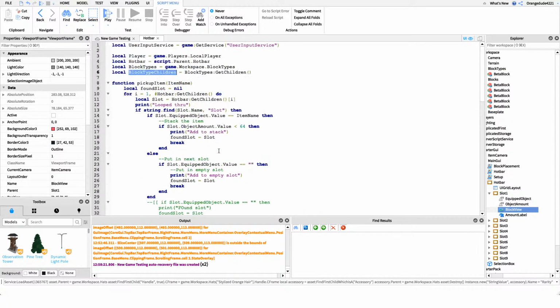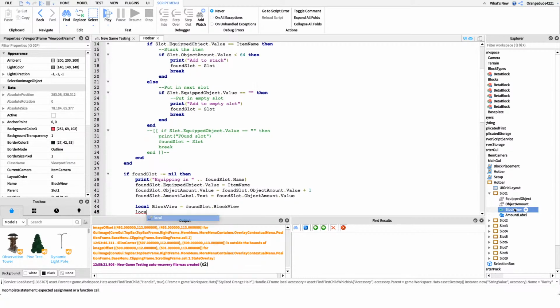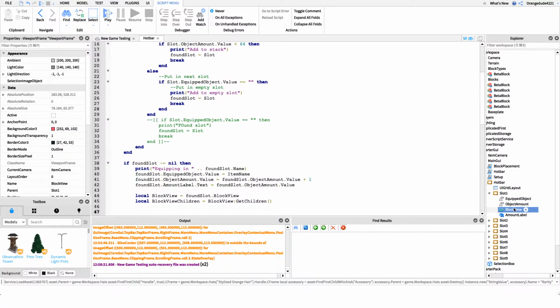I appreciate it. So I'm going to loop through all of our block children, and I need to loop through the viewport frame. So local block view equals found slot dot block view. And then I'll say local block view children equals block view colon get children. And then I'm just going to delete every child under it, and then I'm going to recreate the new thing. So I'm just going to say, for i equals 1 comma number of block view children,